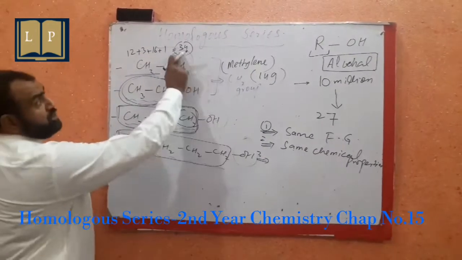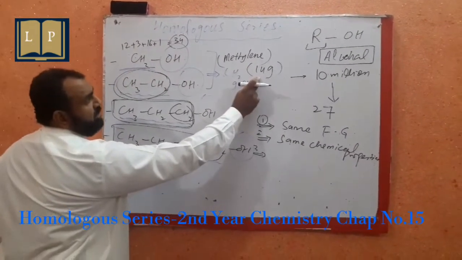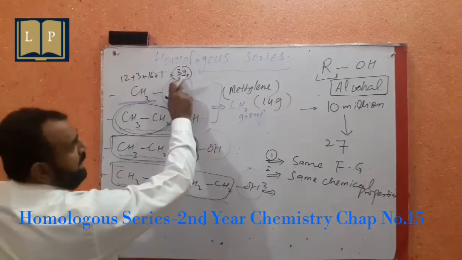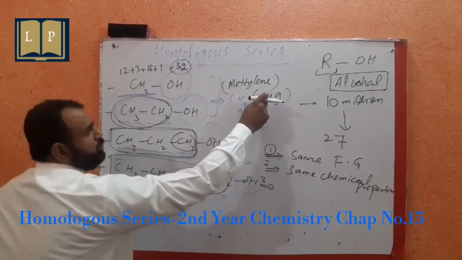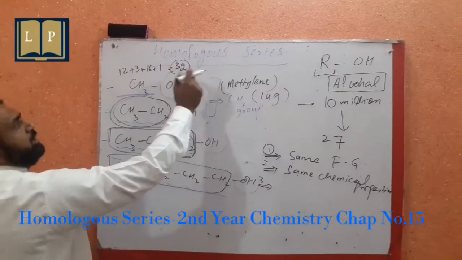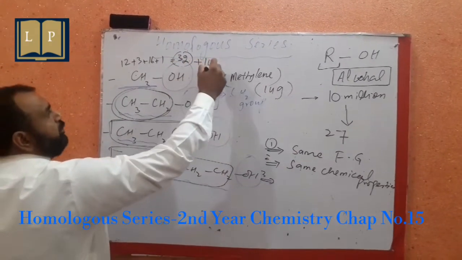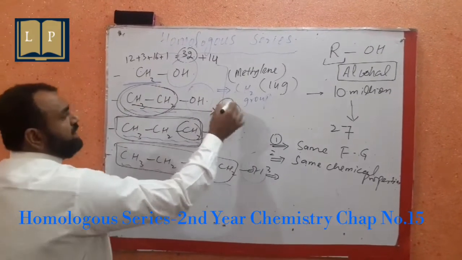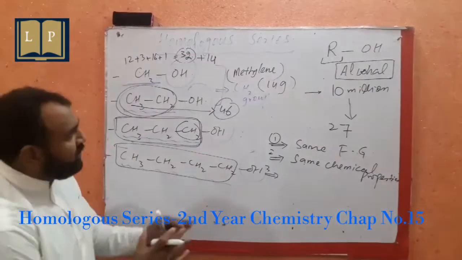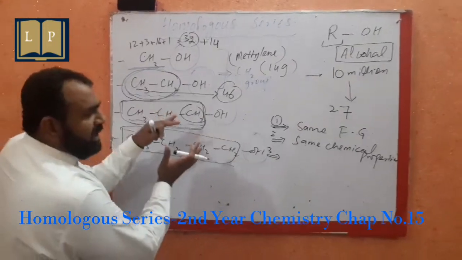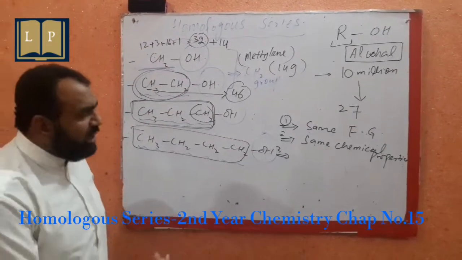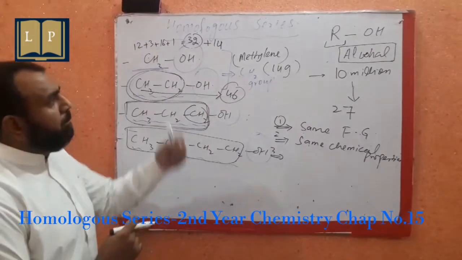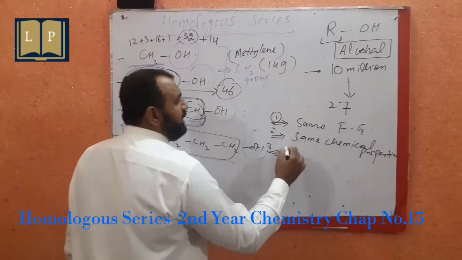Now CH2 has a molar mass of 14. The molar mass of this methyl alcohol is 32. Now when we add the molar mass of a CH2 unit, that is a methylene unit, into it, then 32 plus 14 should be the molar mass of the next compound, that is ethyl alcohol. So when the molar masses of all these compounds vary by a specific margin, that is 14 grams per compound, then we can predict